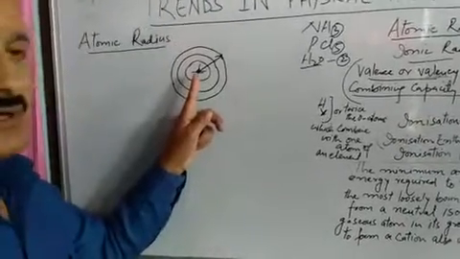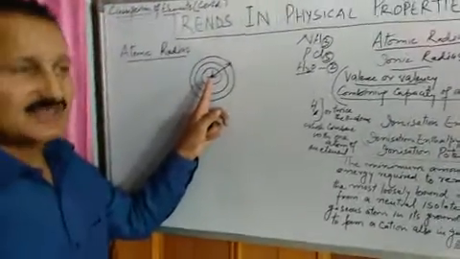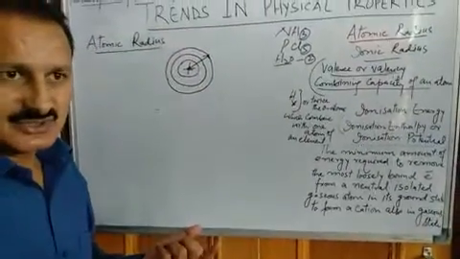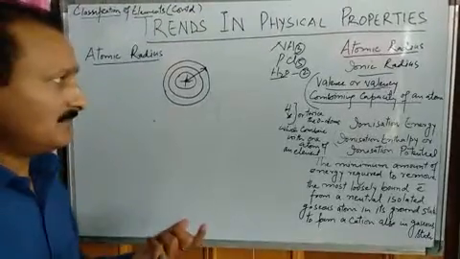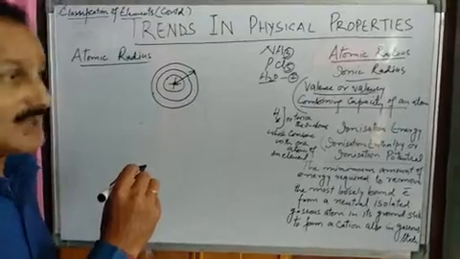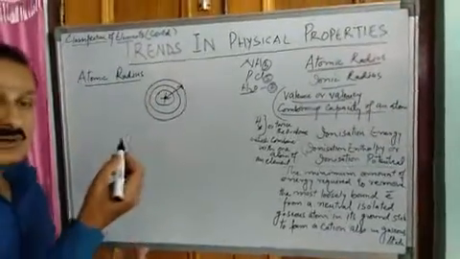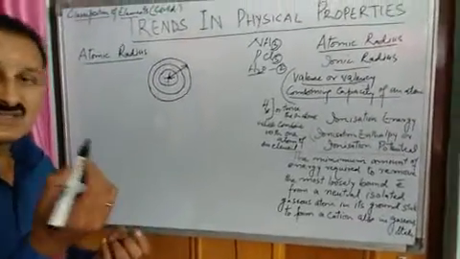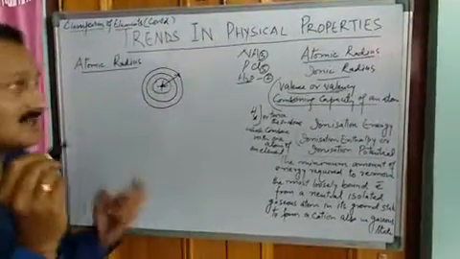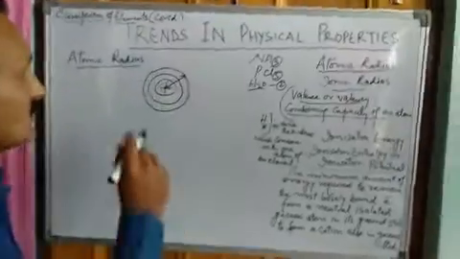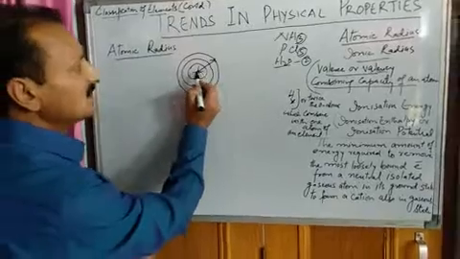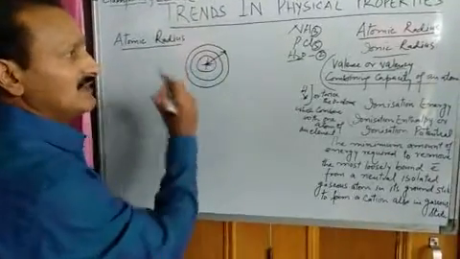However, exact atomic radius cannot be measured. The reason is very simple, that we cannot have an isolated atom. When we do not have an isolated atom, it is not possible to exactly measure the atomic radius. Then what is atomic radius? Atomic radius is half the distance between bonded atoms, between their nuclei. That is basically atomic radius. But here, for your convenience, let atomic radius be the distance between the center of nucleus and the valence shell.